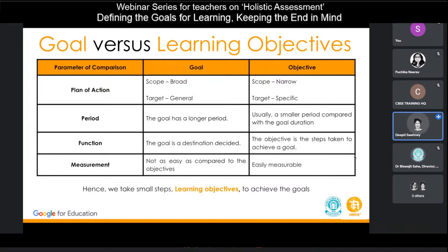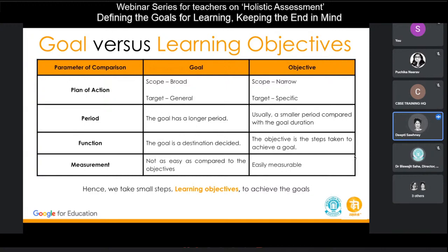पीरियड गोल्स जो आपके हैं वो लॉन्ग रन पे चलते हैं। It can be for the class, it can be for the whole school life. They are bigger goals to have. एंड जो ऑब्जेक्टिव है वो आपके एक पीरियड के लिए आप सेट करते हैं। Time period can be 1 period, 2 period, 3 periods, or just 1 period as you want to make a lesson plan for one lesson plan. That's okay as well. But you need to know जो आप पीरियड डिफाइन कर रहे हैं वो कितना डिफाइन कर रहे हैं फॉर दैट पर्टिकुलर एक्टिविटी।